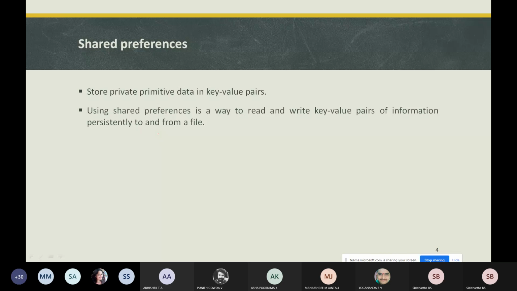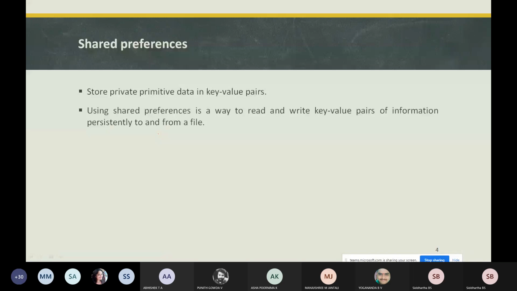As I said, shared preference. If you are using shared preference as data storage, your data will be stored as private primitive data. That data is going to be stored as a key-value pair, as it's a key-value pair when you are using shared preference.